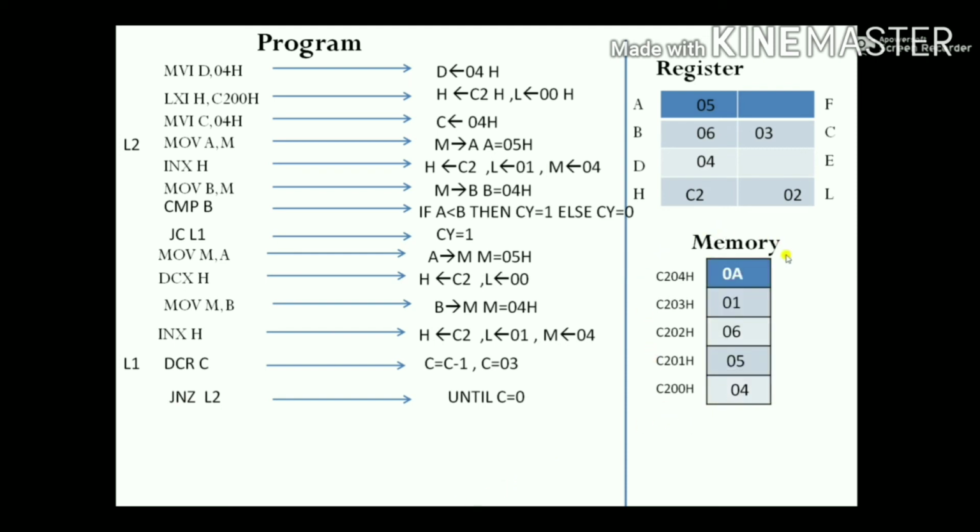Just look here. This is pass 1. After completing pass 1, we need to move further to pass 2. To count the number of passes, the register we have taken is register D. So we need to decrement register D by 1. Now D will be 03. Again we have to repeat these steps until we get D as 0.